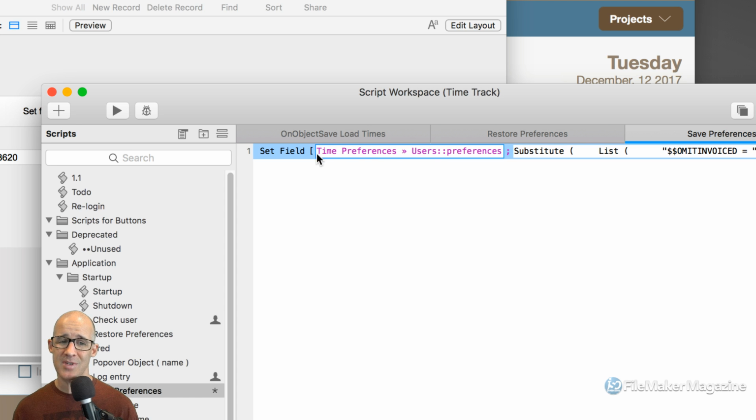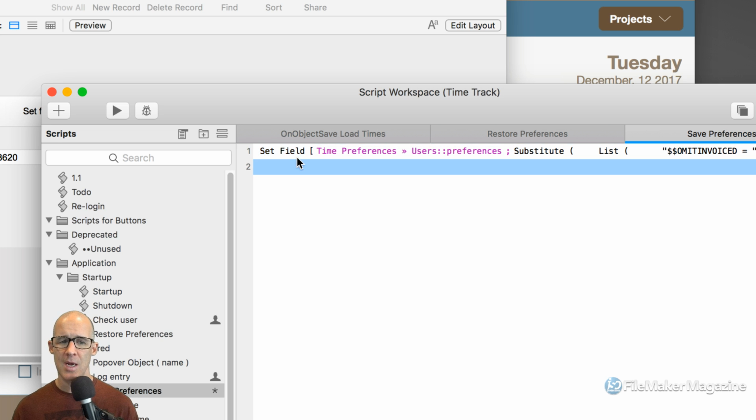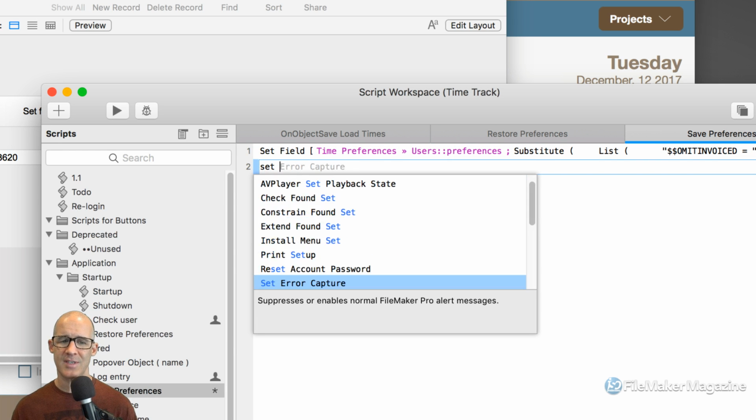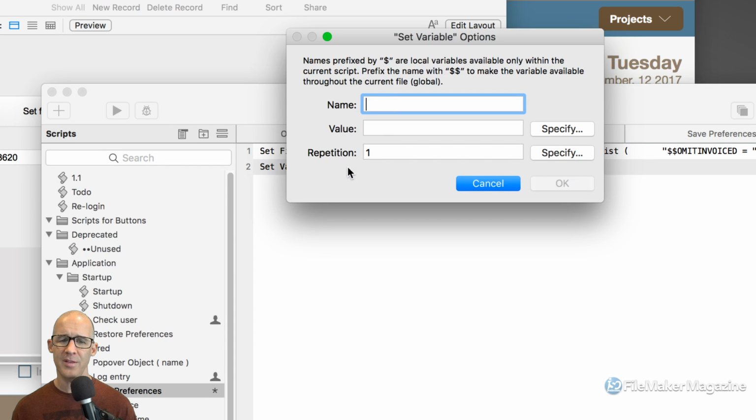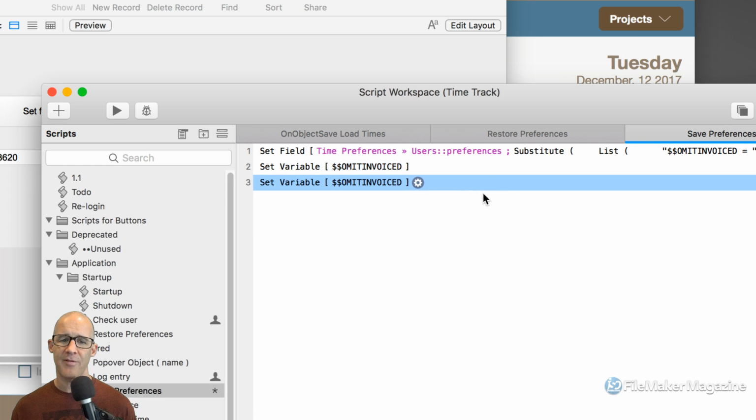So this context-specific set field is saying quite simply this. And if you remember yesterday's lesson, I wanted to do something like this, set variable, and I wanted the variables to be really overt. Omit invoiced is one of them. And then I wanted to have another one. And I wanted to be able to see right here when I open this, what are the variables that I'm tracking that I care about in this solution? Well, I couldn't think of a really good way to do this because the primary problem that we hit in this scenario, as I told you in the previous video also,